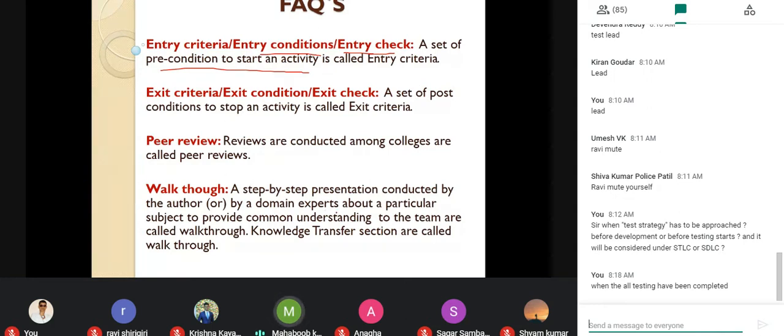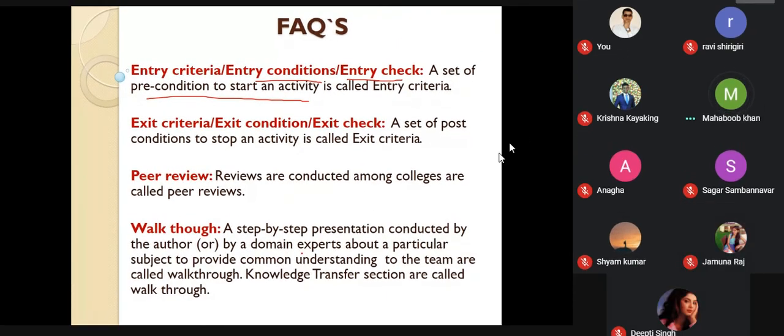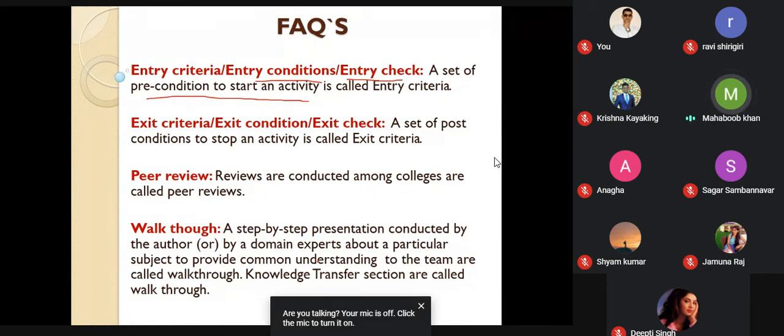A step-by-step presentation conducted by the author or by a domain expert about a particular subject to provide a common understanding to the team is called a walkthrough. In Agile methodology, one person will be walking through the requirement. Who is that person?